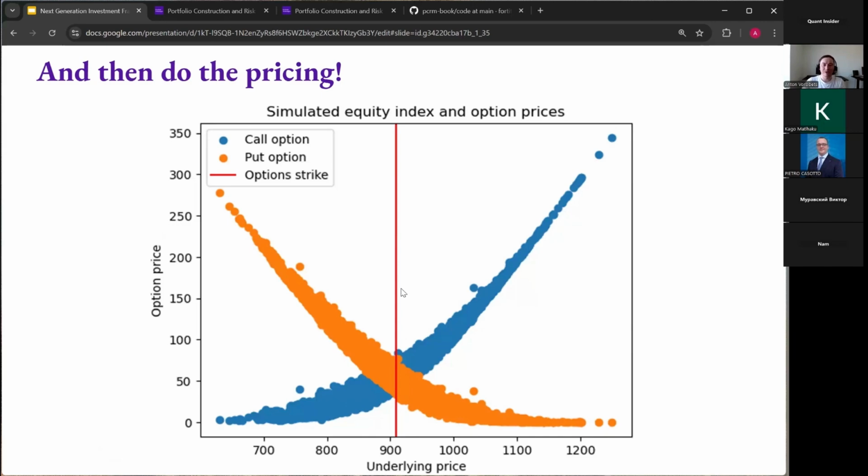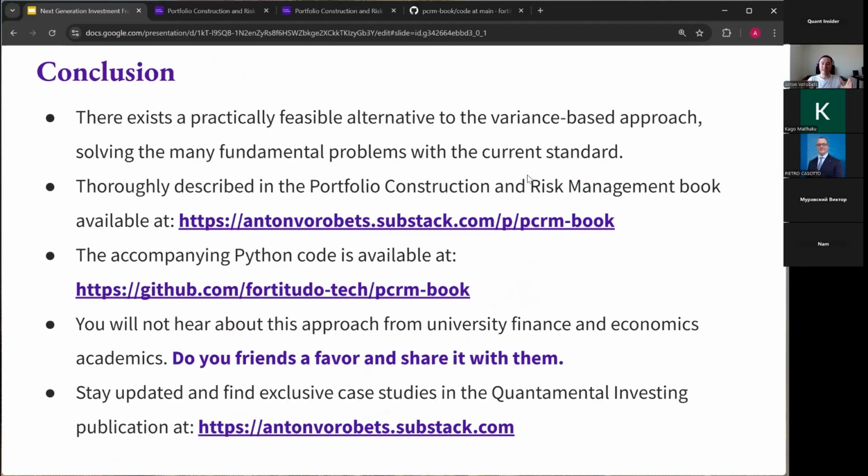Okay, so I know we presented many things here today. You can get a very, very deep insight into all of these things by studying the book, and hopefully now you have the right perspectives for understanding them. The conclusion is just that there exists a practically feasible alternative to the variance-based approach. It solves many of the fundamental problems that investment managers experience in practice. It's just significantly harder to implement fast and stable versions of these things, but they can also be a source of alpha for you if it's not a method that is easily available to anyone with some knowledge of